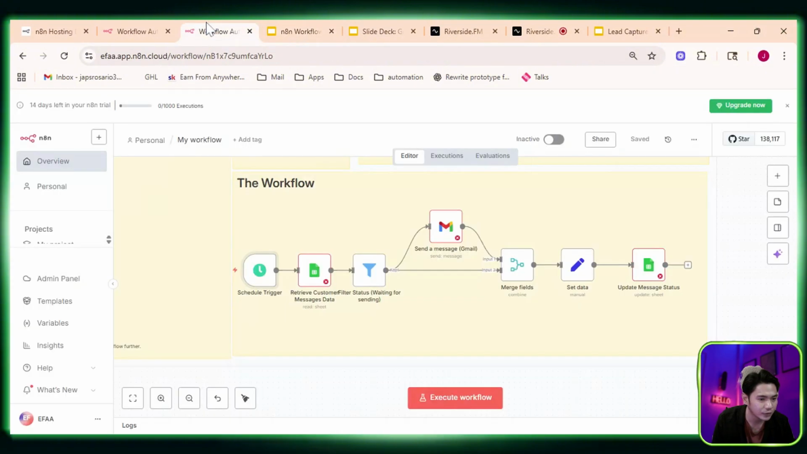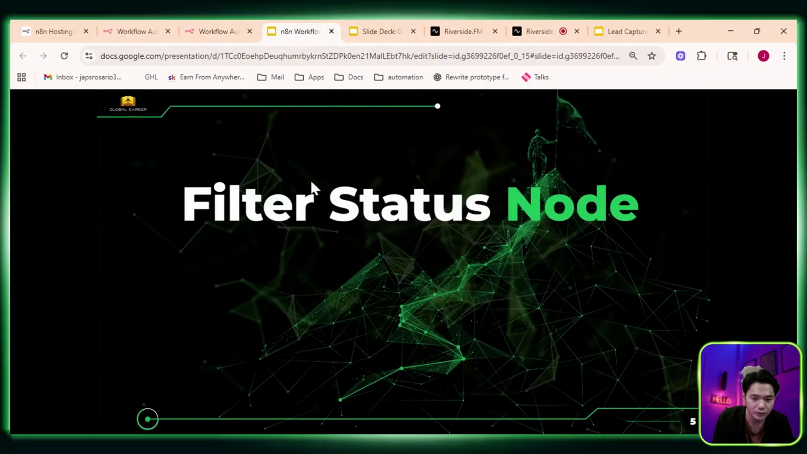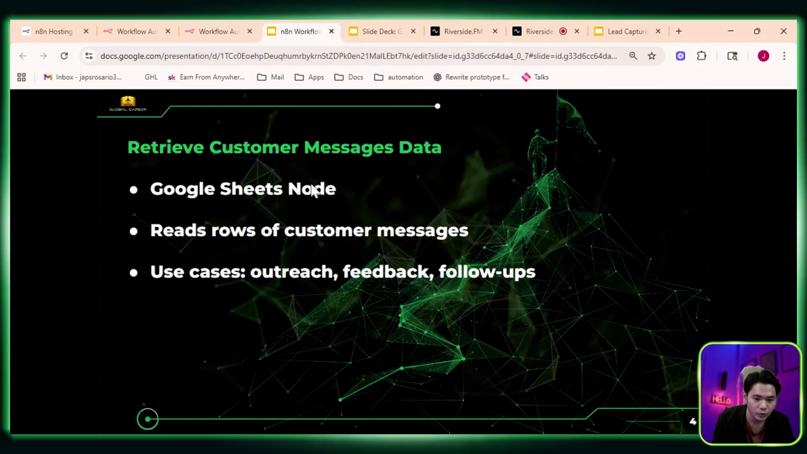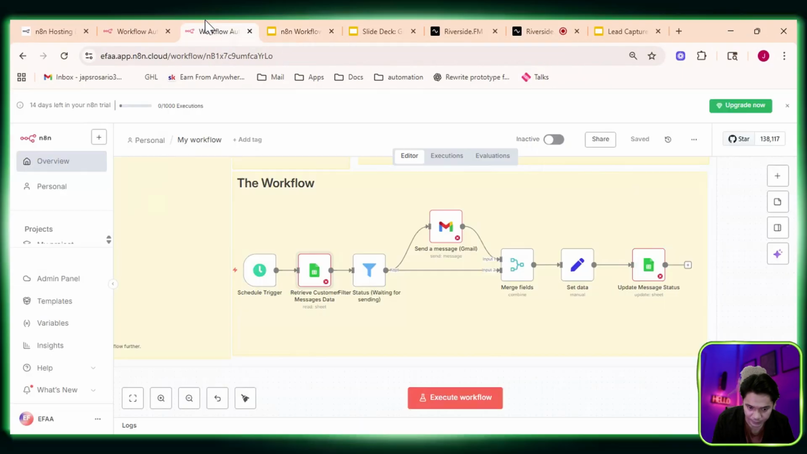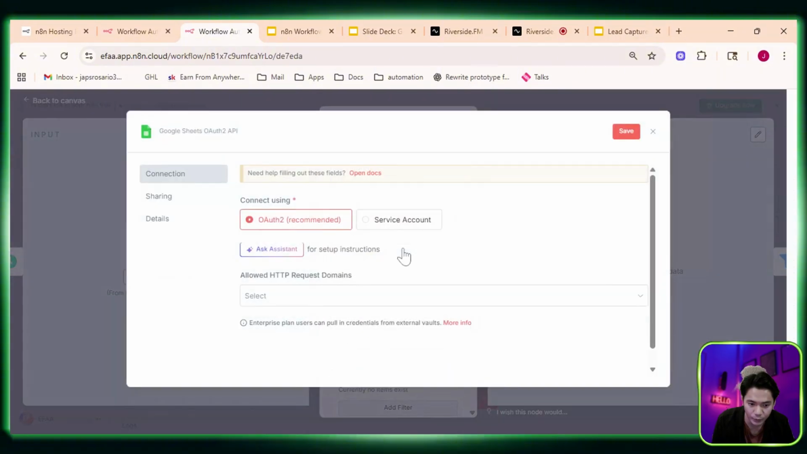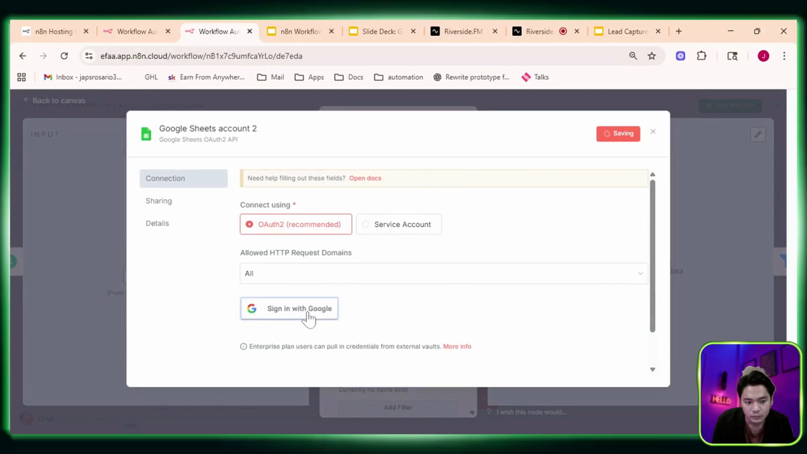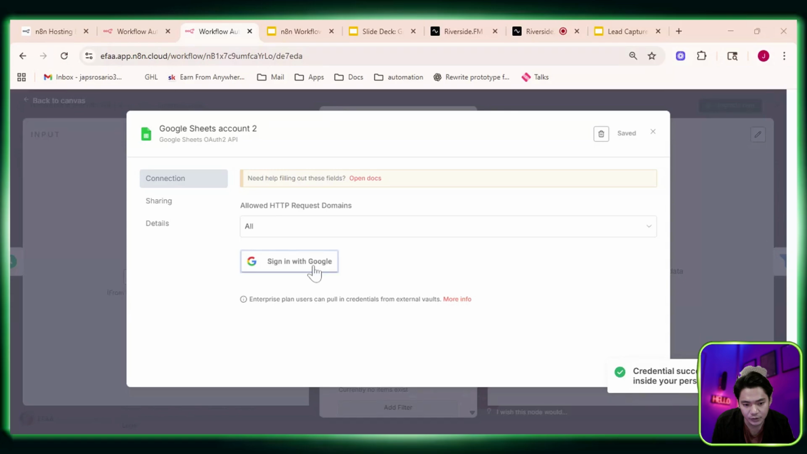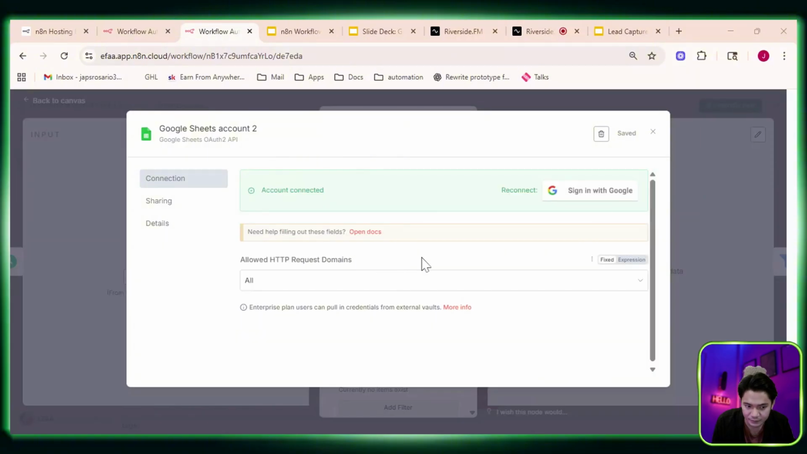So first, of course, to start this, okay. So let's use first the Google Sheets. So you can see here that we need to add a credential. So double click the retrieve customer data, select a credential. So we need to sign in with Google first. Right, let's use our email here. So allow access. Okay, once it's connected,